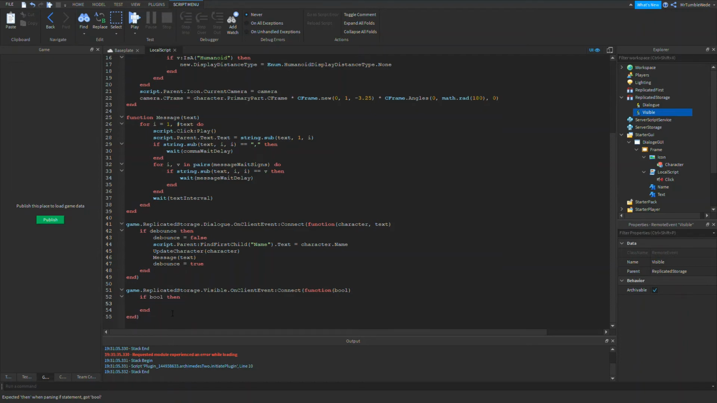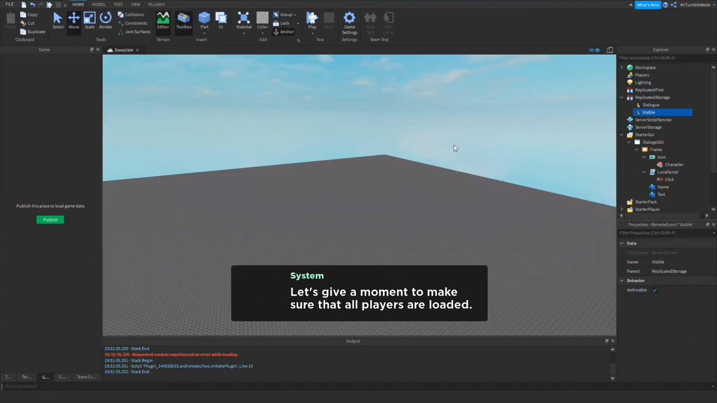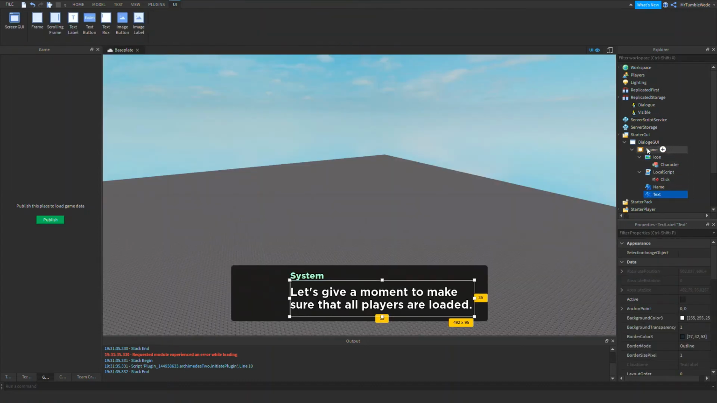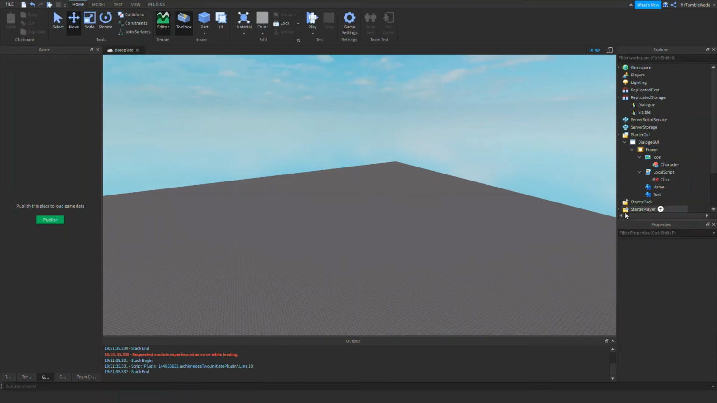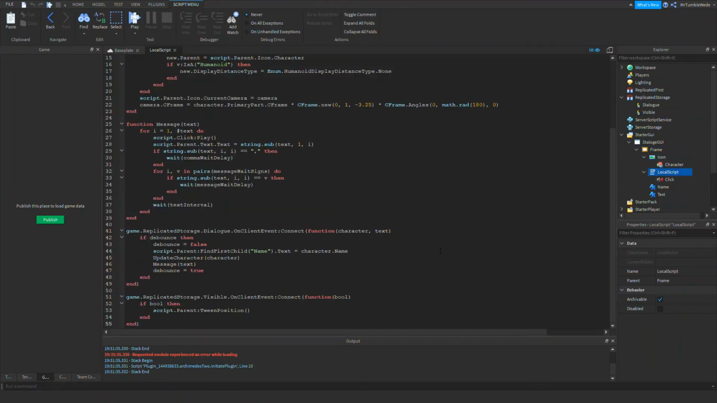Okay, so if bool, then you would do script.Parent:TweenPosition, and we would put in the place where it won't show up, anywhere you want it to move away to. For this, I just want it to be 0.5, 0, 1, 0. That way it's not visible. So it doesn't have to be the exact same position for you. If you want to change the position of the dialogue to somewhere else, you can do that. Okay, so I would use UDim2.new, but